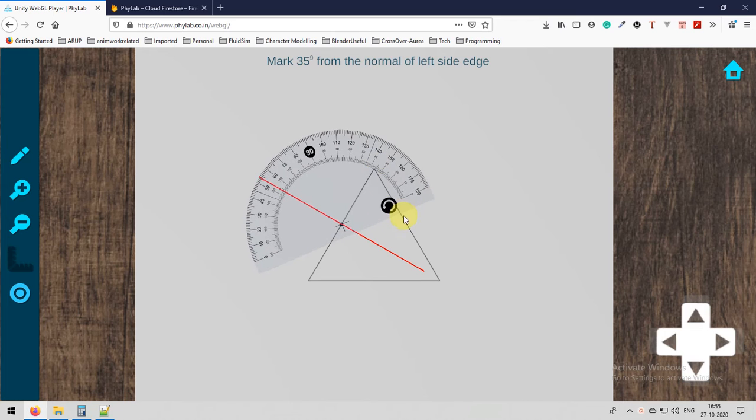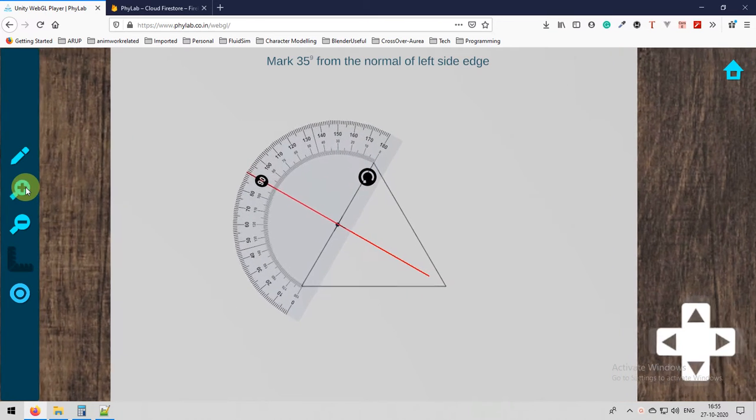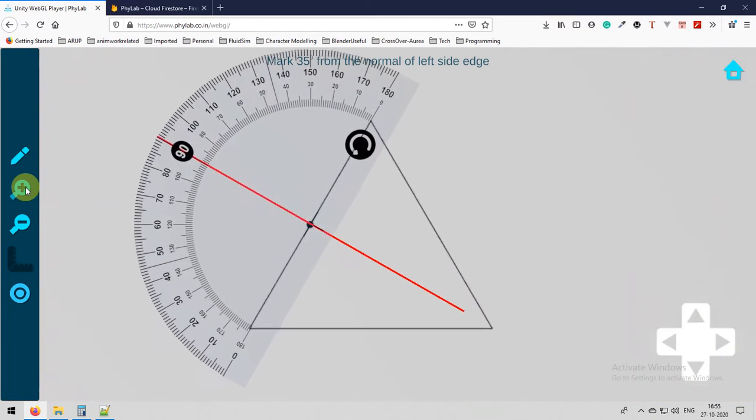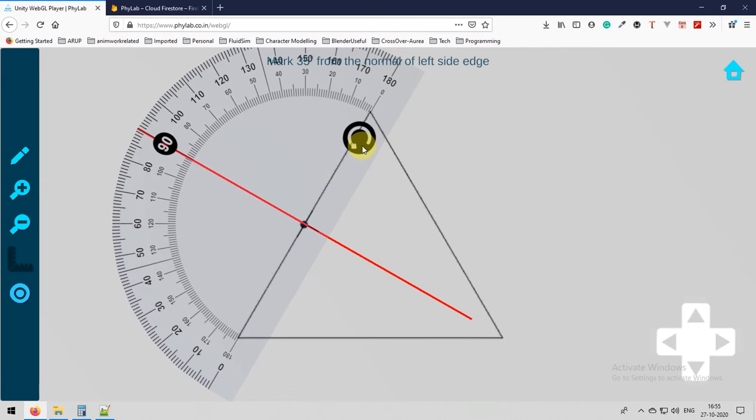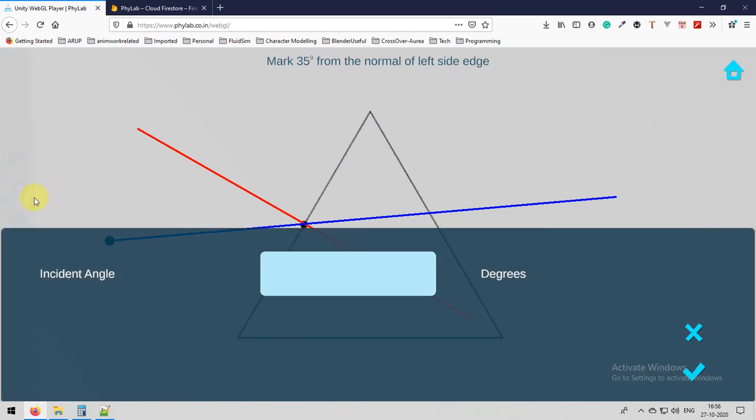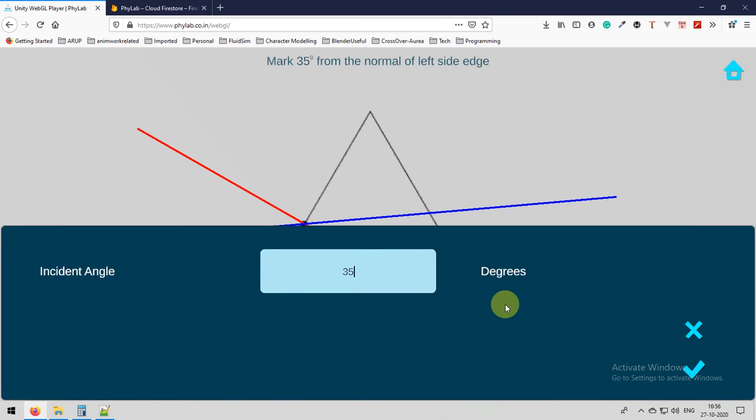On clicking the protractor button, you will be greeted with a protractor, and on clicking the rotation place, you can rotate the protractor. You can use the zoom in and zoom out buttons and then the left and right buttons to move your camera. From here we will calculate the 35 degrees. From 90 it is 80, 70, 60. 60 is 30 degrees, 55 is 35 degrees. So on clicking the marker button, we can mark the place, that is 35 degrees.